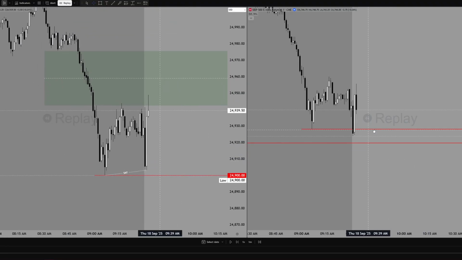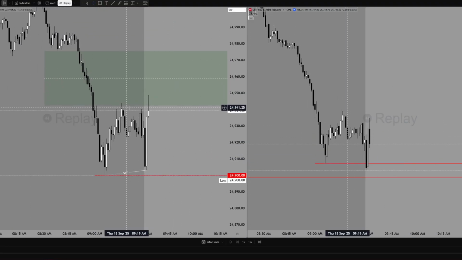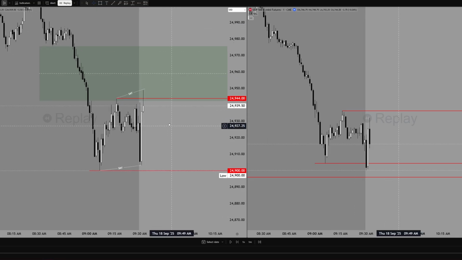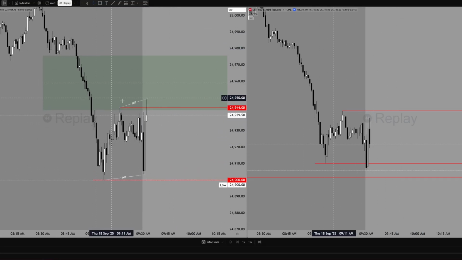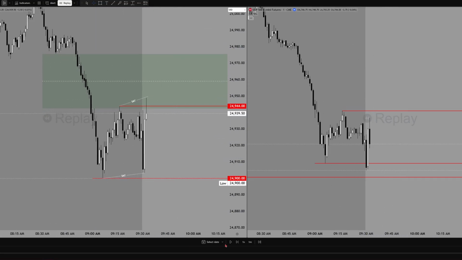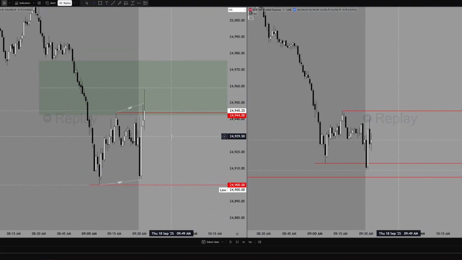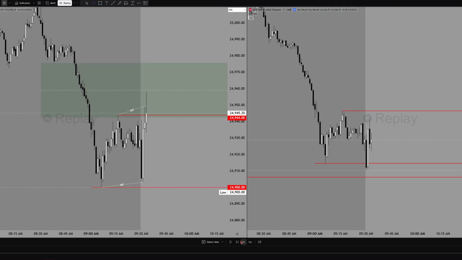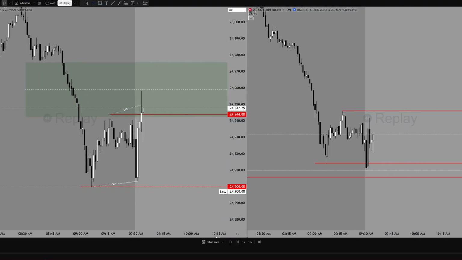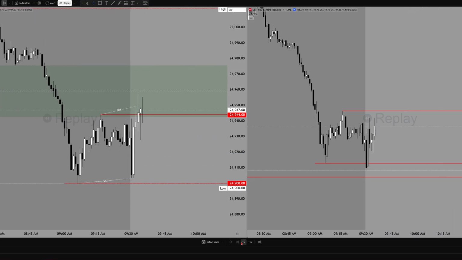Okay. I want to see what happens on ES because that can be something here. We have this high that we did take on Nasdaq, so now we have bearish SMT on these highs. Let's see what happens on this high. This can get bearish SMT, respect this SIBI, and then this space lower. Okay, no we don't. We start going higher. Looks like it's kind of choppy up here.